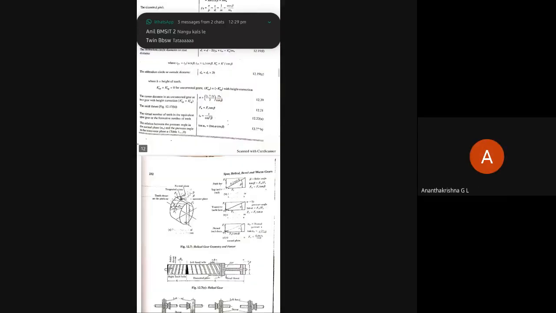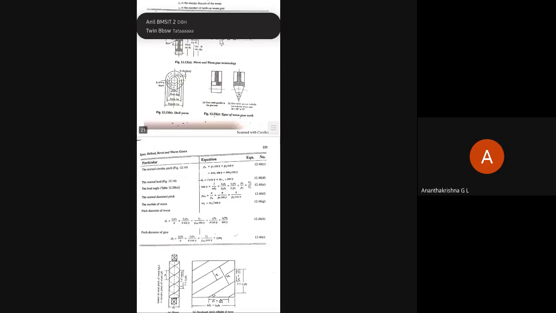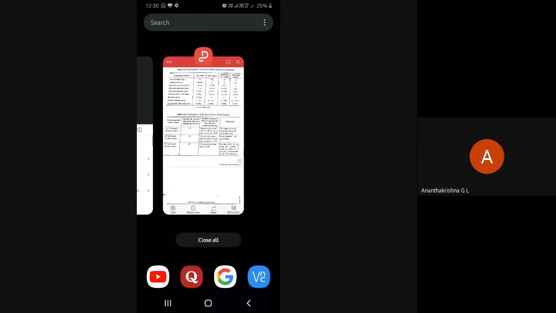Page number 230, you have got the guide to selection of gear tooth system. You are there? Yes, sir. Fine. Now, in that, if you see, the first column is interchangeable tooth system. Second one is smallest number of teeth that mesh with rack. And third column is smallest number of teeth in equal pinion that give continuous driving. Is that okay?